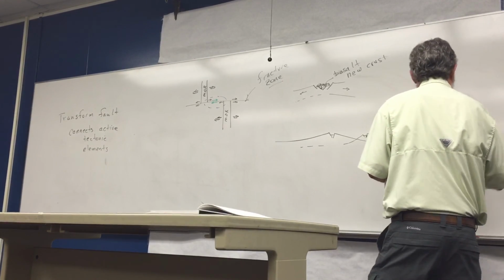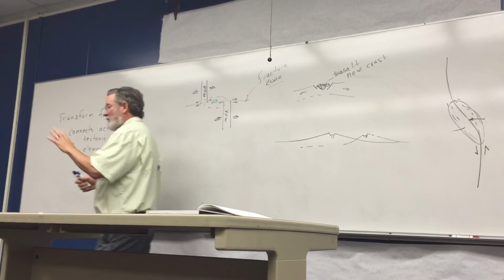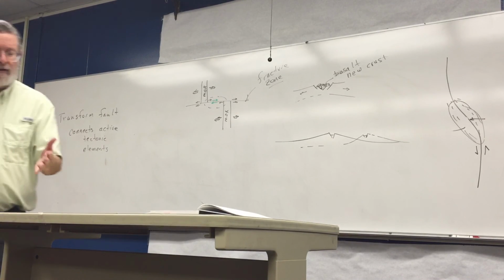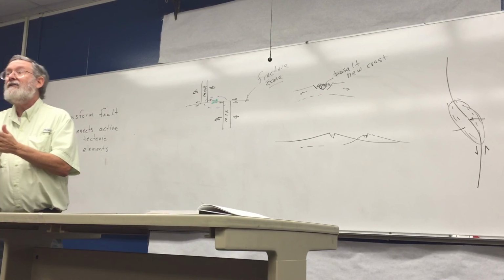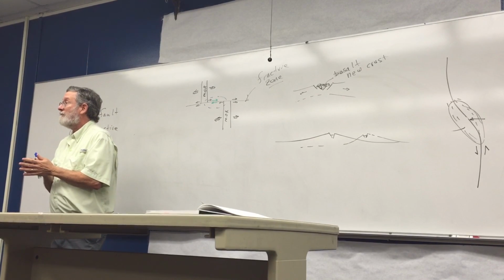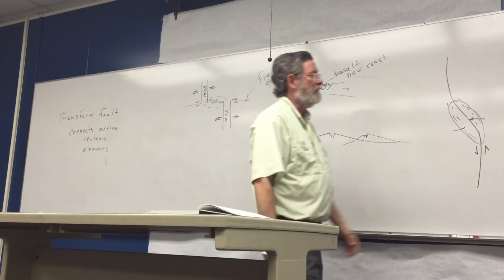So if we go back and look here, remember when we were talking about strike slip faults, we were assuming it's propagating up through a sedimentary basin, and that it was inside of a plate, not an actual plate boundary. Well, we have a little bit of added complexity that we need to talk about next time,